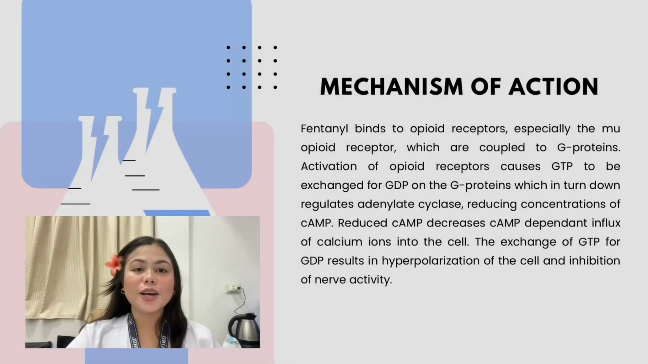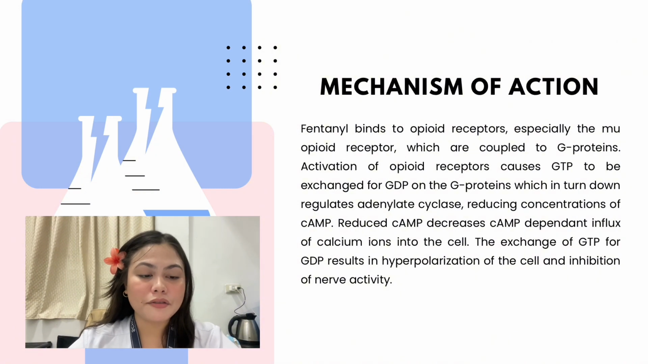peripheral tissues. So the mechanism of action of fentanyl is that fentanyl binds to opioid receptors, especially the mu-opioid receptor, which are coupled to G proteins. Activation of opioid receptors causes GTP to be exchanged for GDP on the G proteins, which in turn regulates adenylate